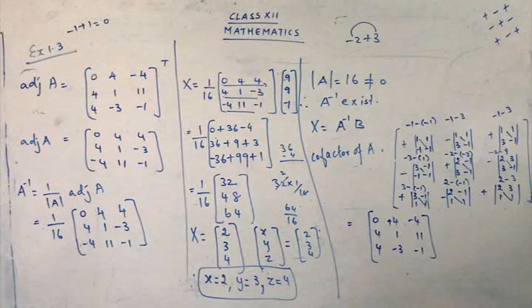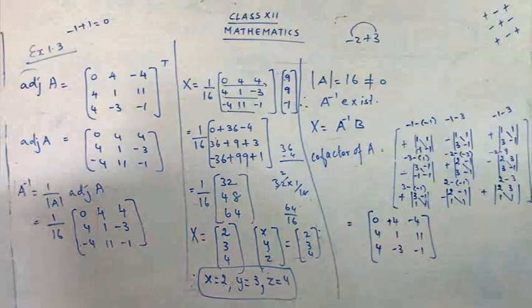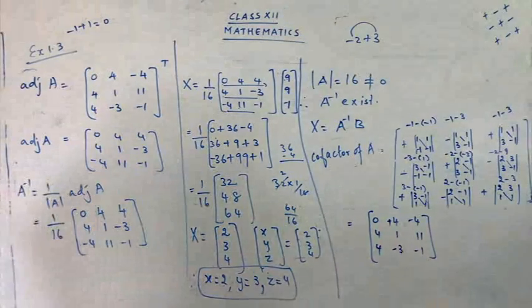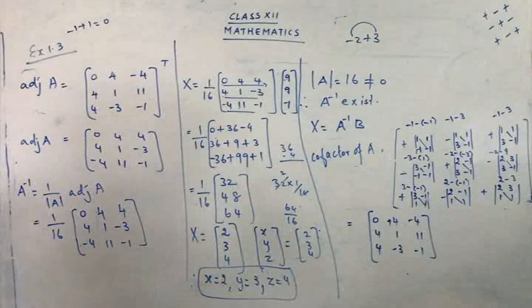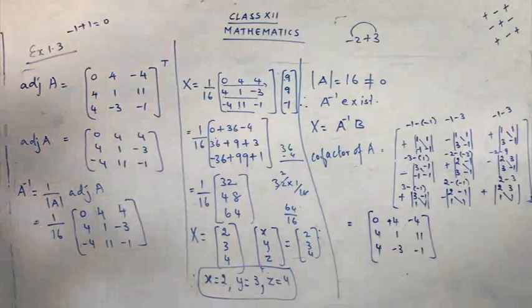So go with the steps. So for exercise 1.3, we have to use the steps or the formulas that were used in exercise 1.1. So we have to be thorough with each and everything. If you are just starting exercise 1.3, it doesn't mean that we only have to think of 1.3. We have to recollect the formulas that we have studied earlier. We may use some formulas that we have studied in our earlier classes. So be clear with the concept.